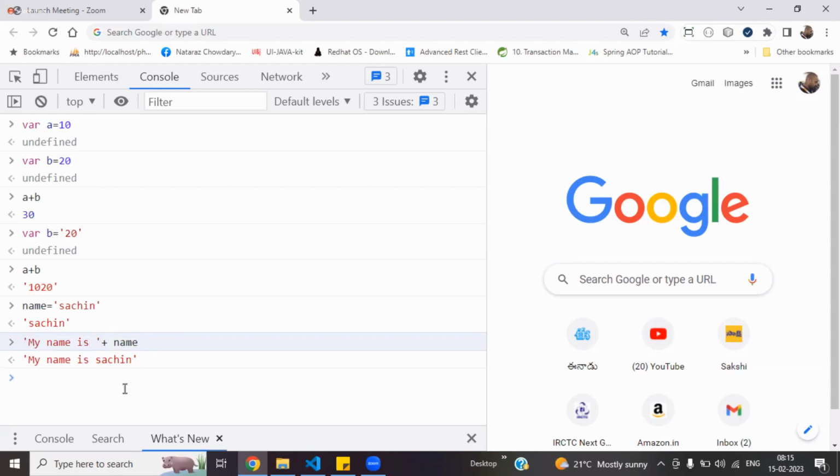Yes or no? But the same thing you can do by using backticks. You have a tilde symbol in your keyboard, below Escape. You can find these backticks. Instead of a string, you can use the backticks. Here you can write like